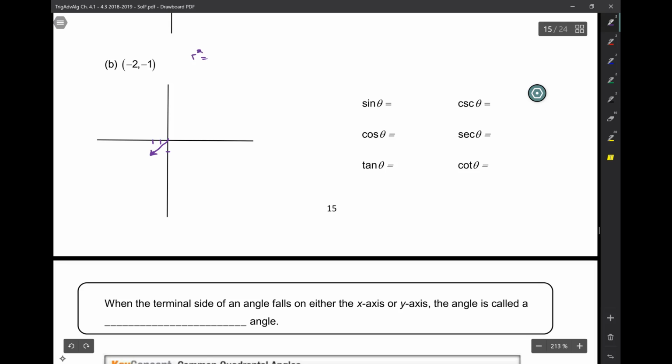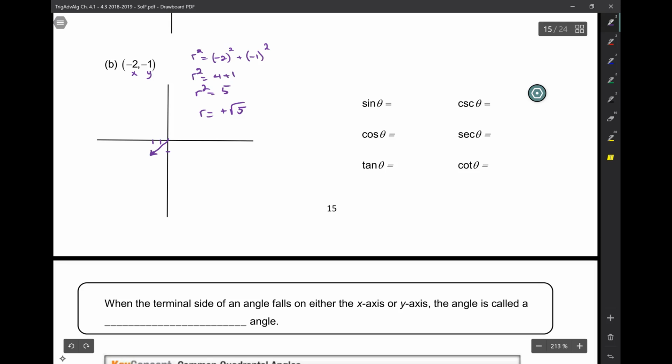Well, r squared, if this is x and y, is -2 squared plus -1 squared. All right. So r squared is 4 plus 1, 5. So how much is r? Root 5, positive root 5. Okay. Now,